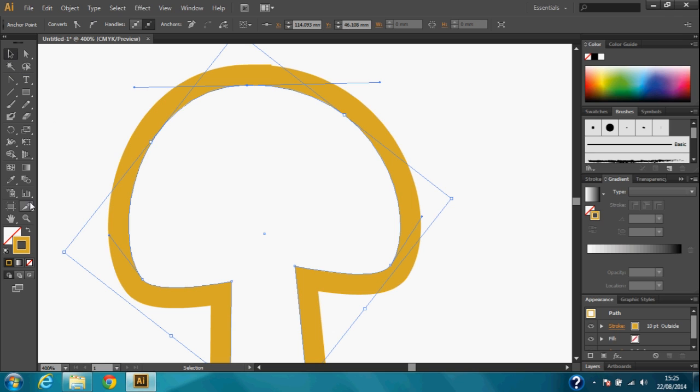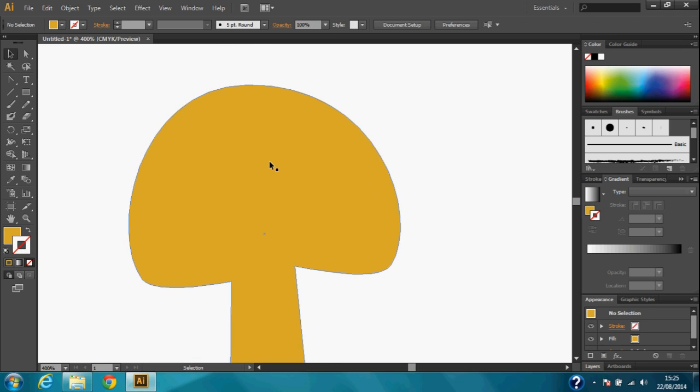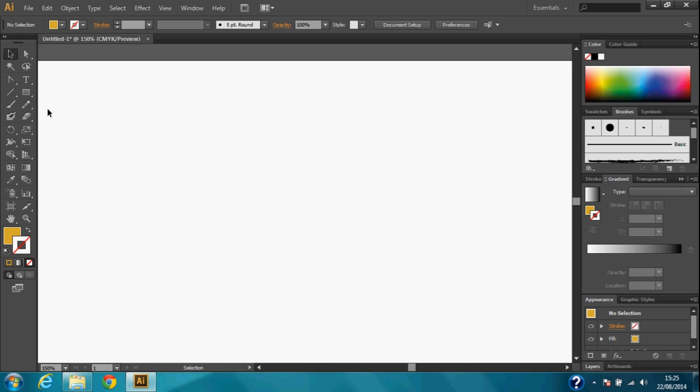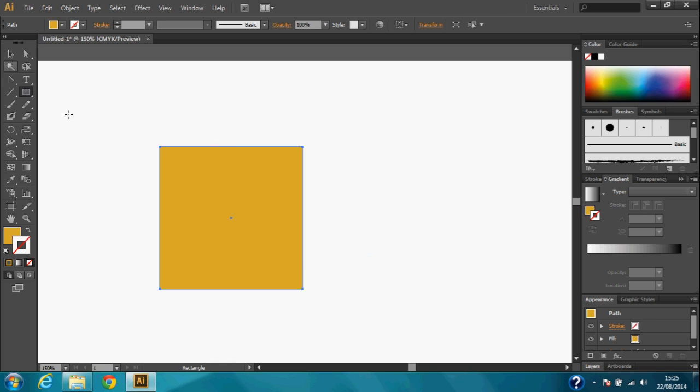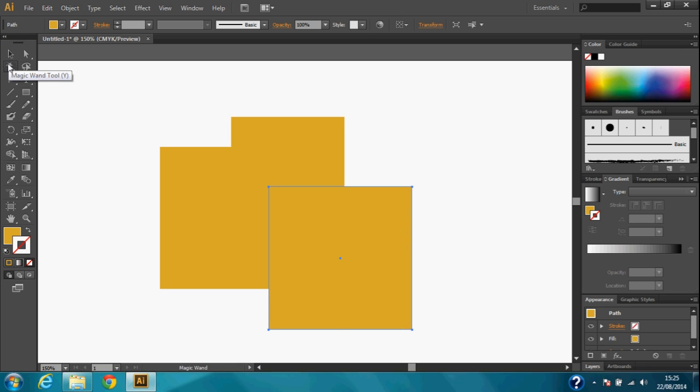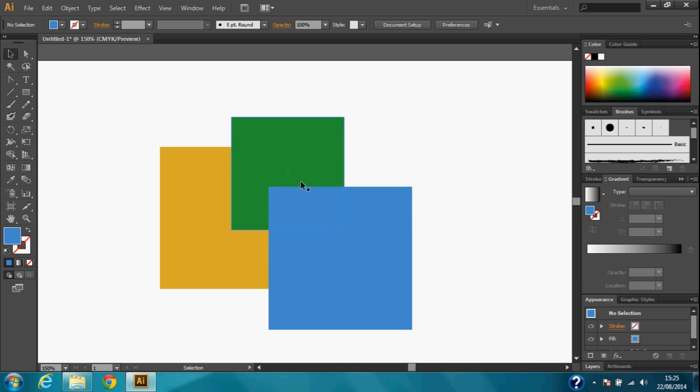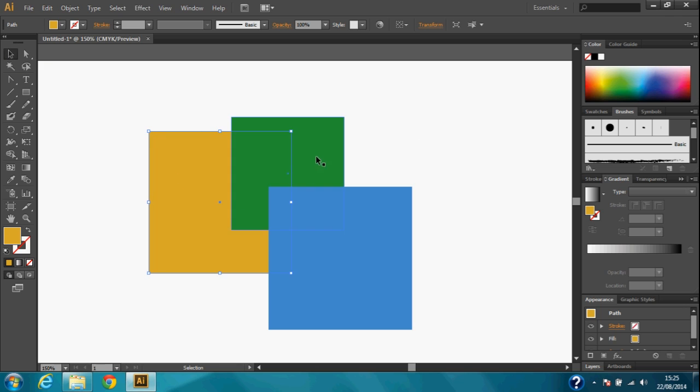Layering objects. Okay, so let's go back to our shape tool and make a couple of different squares and put them on top of each other. How Illustrator works is that it works in preference of the order in which you put the objects on there. You see the last object that I put on there appears on top, the second one is in the middle, and the first one is at the back. If I want to experiment with the layer order of that,